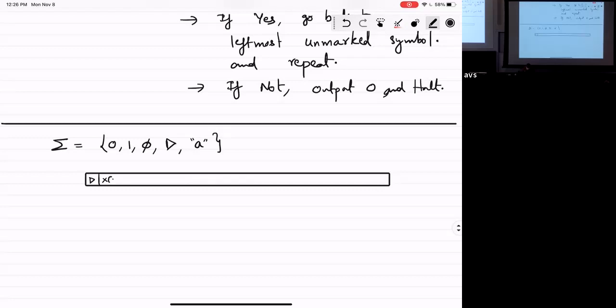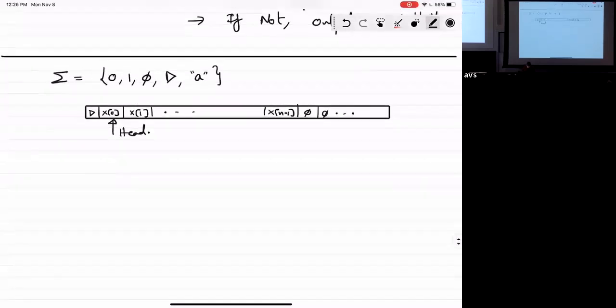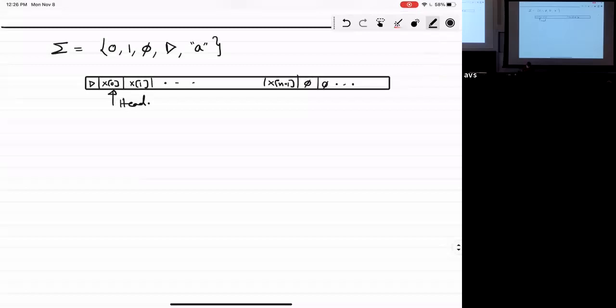So we have x0, x1, and so on. And here's where the head is. Okay. So let me write down a few of the transitions. So when I'm in state 0, okay, initially the Turing machine for us always starts in state 0.